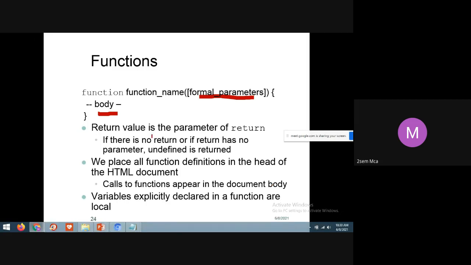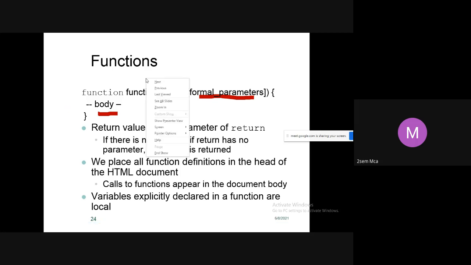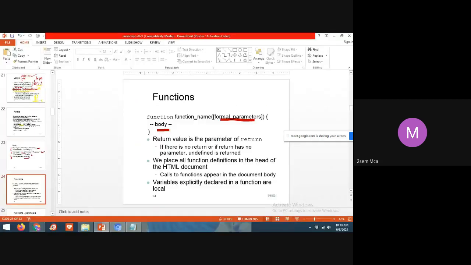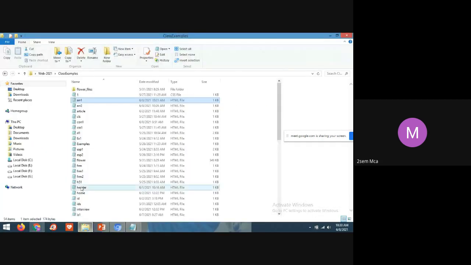So when we use a function in a JavaScript program, the function definition will be written in the head tag, and it will be called in the body tag, for example on load. Yes, students, we have seen.